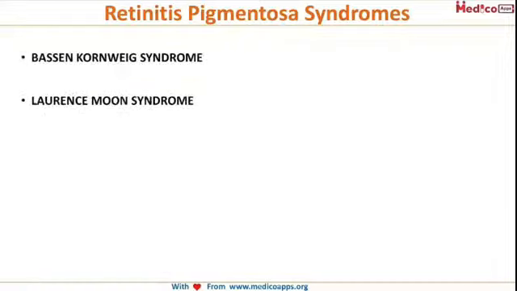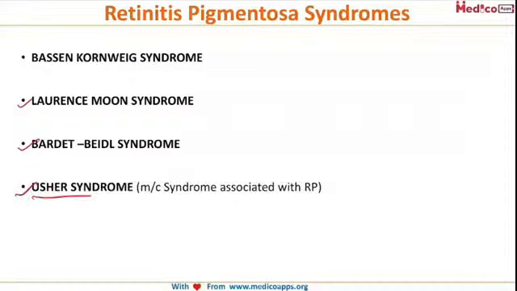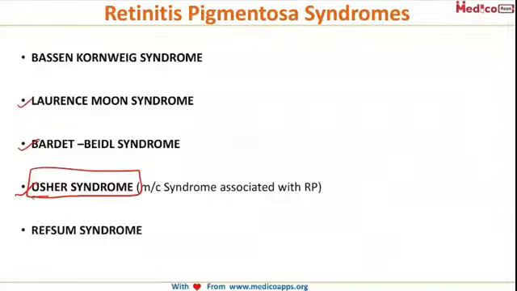Okay, now there are some interesting syndromes, very frequently asked in your exams, that are associated with retinitis pigmentosa. The first one is Basson-Conway, then Lawrence-Moon syndrome, and Bardet-Biedl syndrome, which is separate from Lawrence-Moon syndrome. Then, Usher syndrome. Please remember, the most common syndrome associated with retinitis pigmentosa is Usher syndrome. Then, Refsum syndrome. Basson-Conway, Lawrence-Moon, Bardet-Biedl, Usher's, which is most commonly seen in RP, and Refsum's disease. All of these are